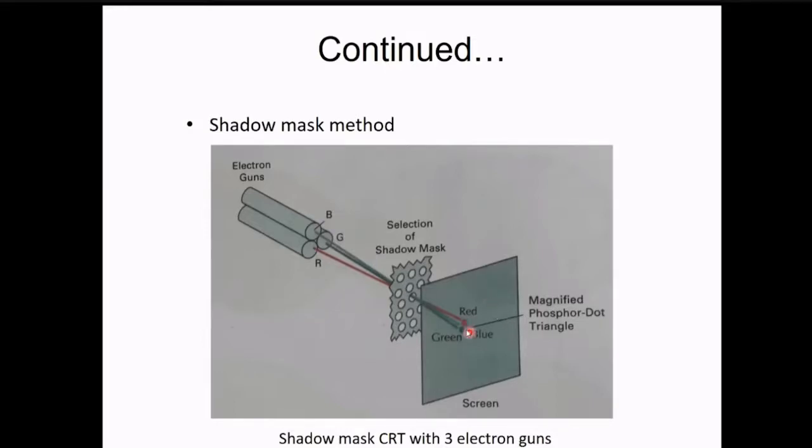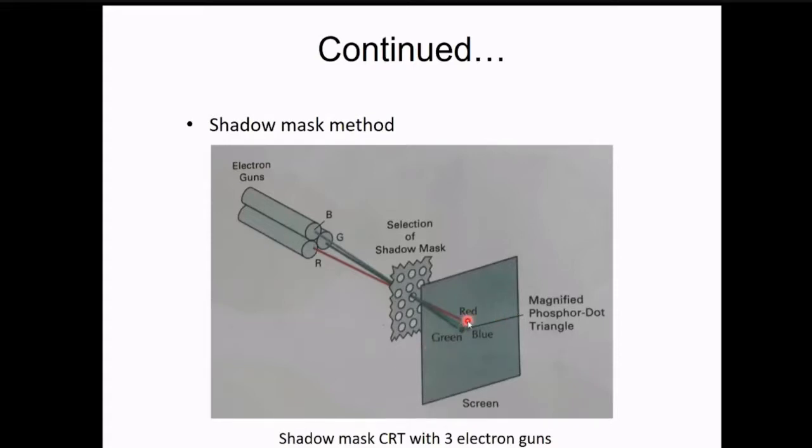So if we have this triangular information that comes out of the electron gun, we'll be able to produce multiple colors in each and every pixel. This fundamental remains the same over here. It will use the CRT fundamental, but we have a separate electron gun that emits this particular colored beam, and then we have the shadow mask, and then we have this screen. And this dot is nothing but some respective color.